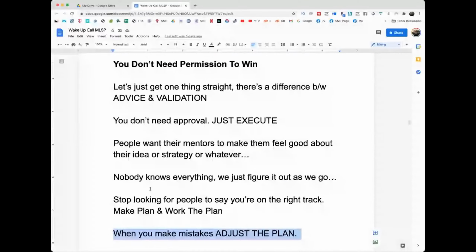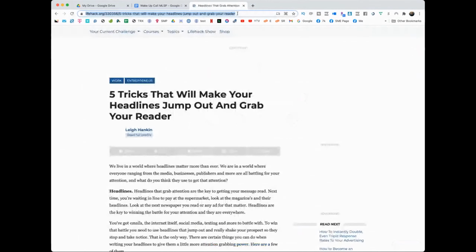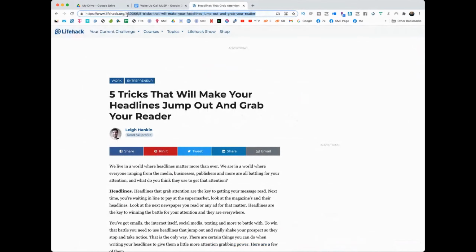Another thing that you can actually do, everybody write this down. There's a website that you can use. I might even have it bookmarked. Well, I'll just type it in. It's called lifehack.org. Okay. Lifehack.org. So if you ever want to make a video, this is another great place where you can get some